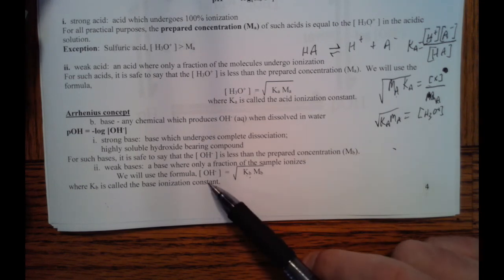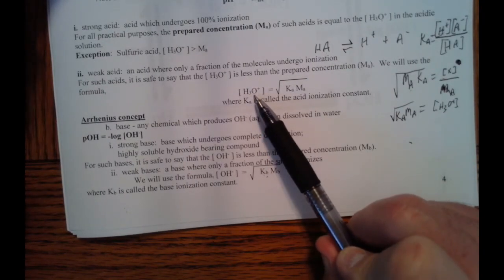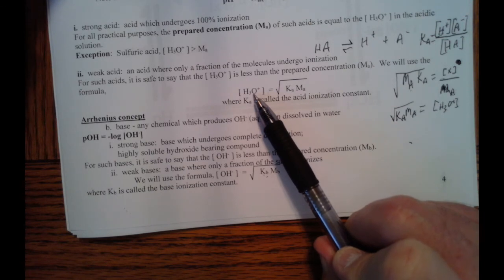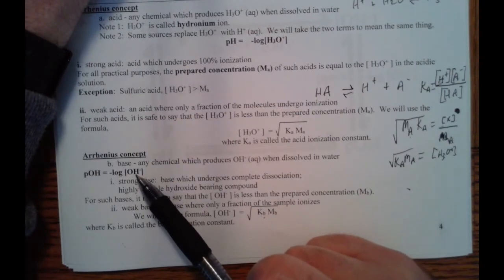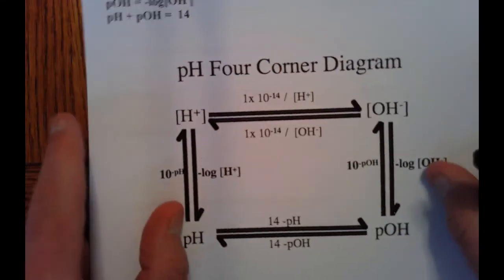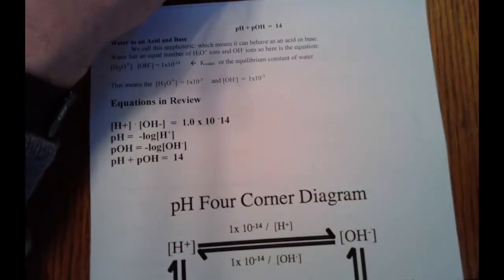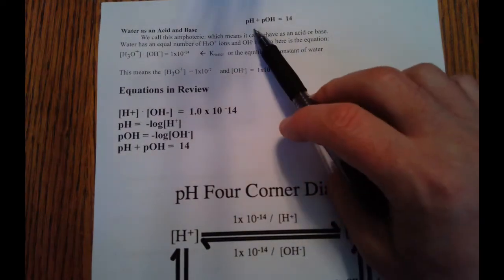Now, if you want the pOH or the pH, and you have the concentration of the hydroxide or the hydronium ion, you still need to take the negative log of it. What will help you do this are these equations that are found on this page right here. So if we take a look, the pH of something